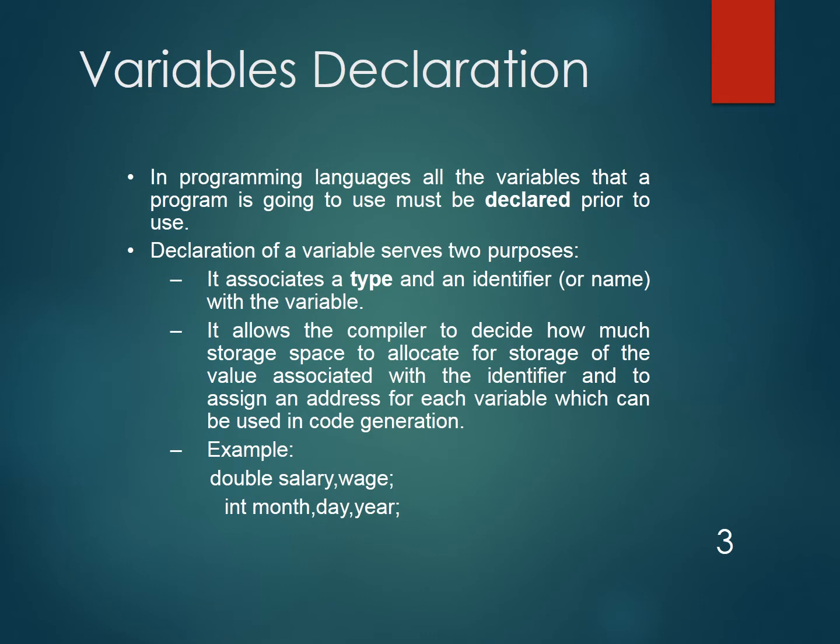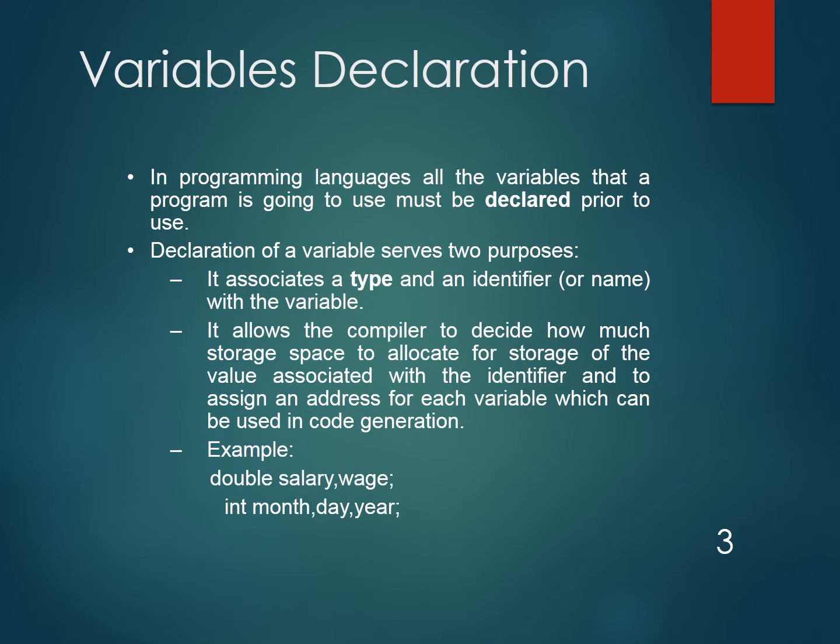One is it associates a type and an identifier or name with the variable. Suppose I want to declare a variable sum of integer type, then I have to use the format of variable declaration as int, which is the data type here, and sum is the name of the variable, or which we can say it is an identifier. Means sum is going to store a decimal number, that is an integer number which is not going to have a